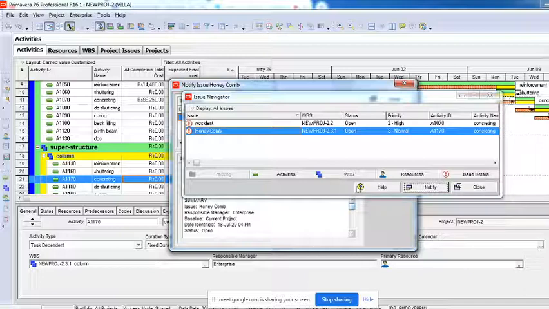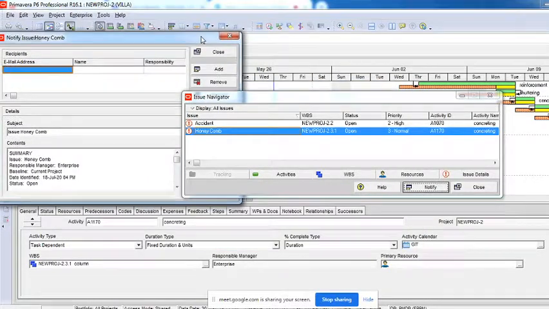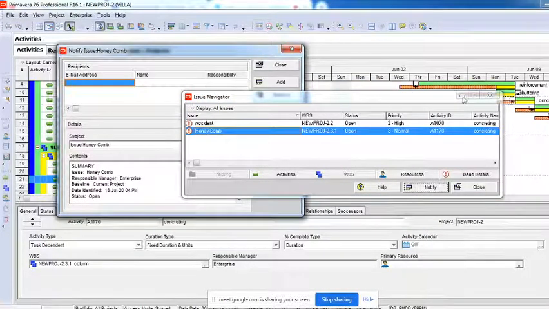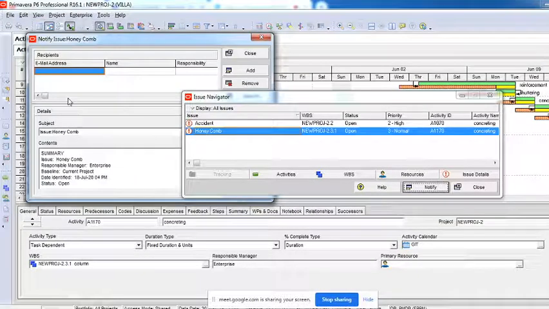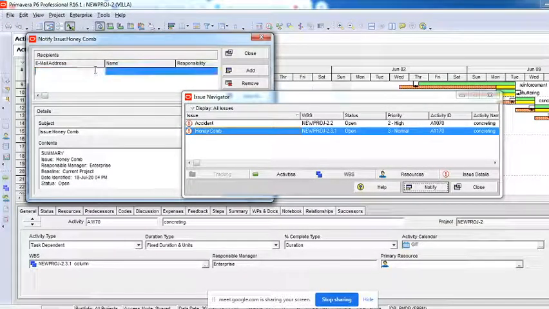Now what is happening, my Outlook has got configured, so it is asking my Outlook to come now. It is taking all my process there. Alright, it will not leave me now. Okay, anyway, you can see here on the background, you can type the email address to whom you want to send an issue, the name, responsibility. You will have to add this, or it will come automatically. Recipients will come automatically if your Primavera is synchronized to any email server.